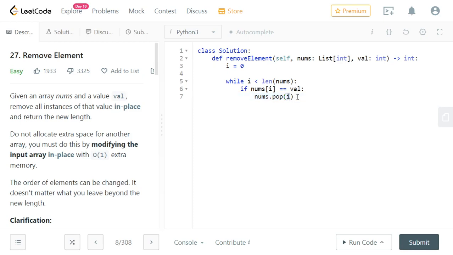It will remove the element from the array. If it's not the case, we increment i by 1. After that, finally we return the length.